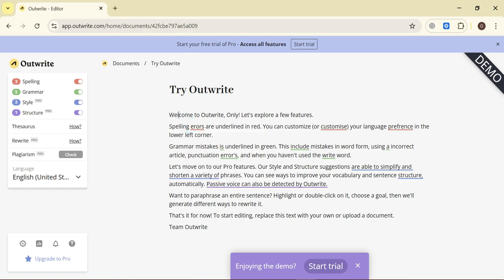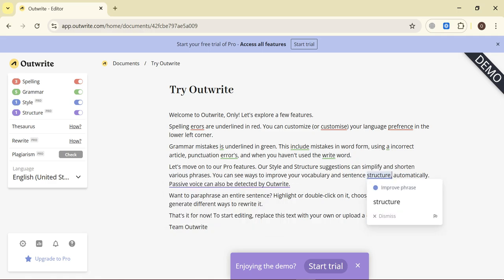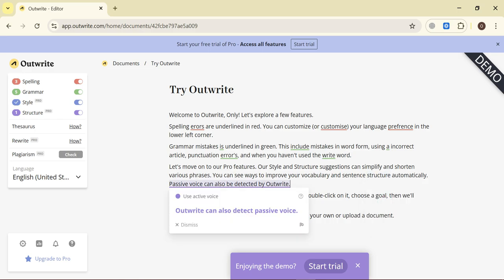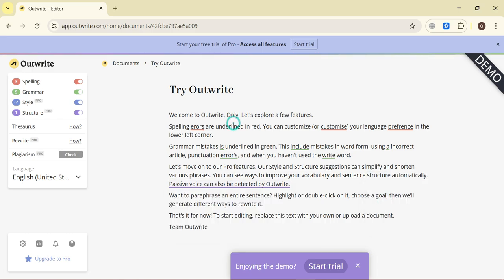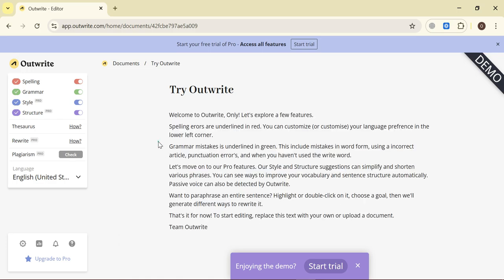So it has some words underlined with red lines. As you can see, then some are with the blue lines. Okay, so they can be improved phrases. Okay, so they have also shown you the improved version. So let's just click this and that's how it can improve it. So first of all, what you will do when you come to the Outwrite website, you will simply put your text here. Okay, and after that it will show you suggestions and the mistakes that it finds within your article. So as you can see, it has started working on it and it has provided a result. So let's fix this error.